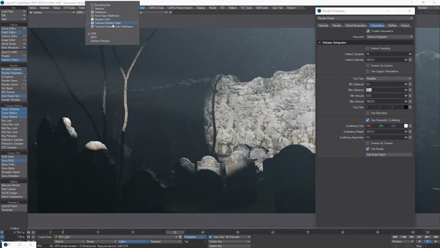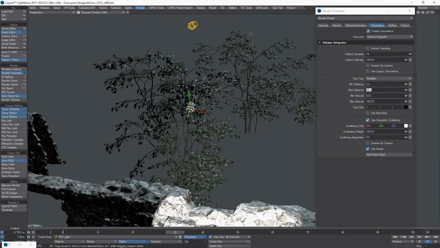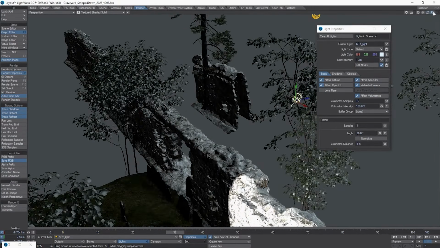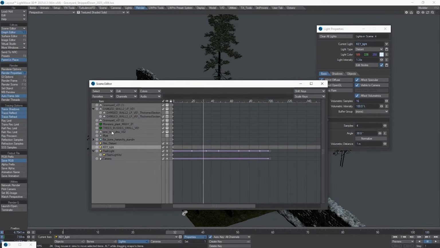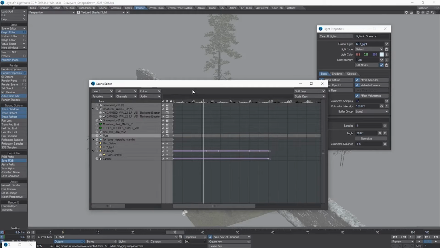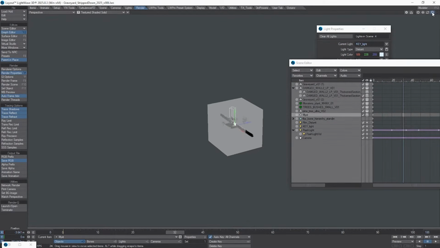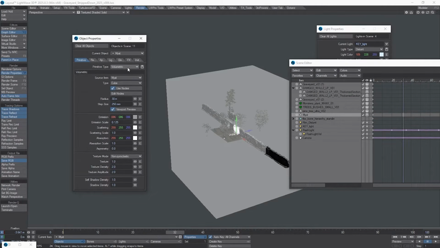Now to visualize this, I need to go into the shaded texture view, and we're going to go to perspective view, and I'm going to just navigate around here for a second. All right, and we're going to turn on our mist so that's enabled. Okay, so what we're looking at right now, that mist is represented by this voluminous cube. It's kind of a grayish cube, and it's picking up the color from what this actual mist object is doing. And this mist object is actually a primitive type of volumetric, and we've called it mist, and that's the volumetric